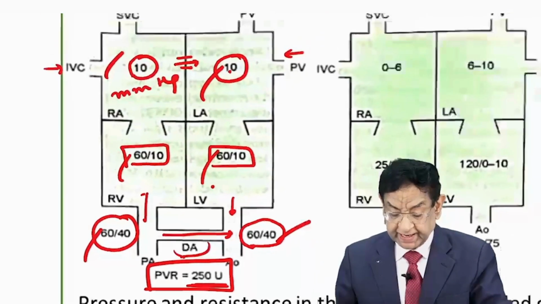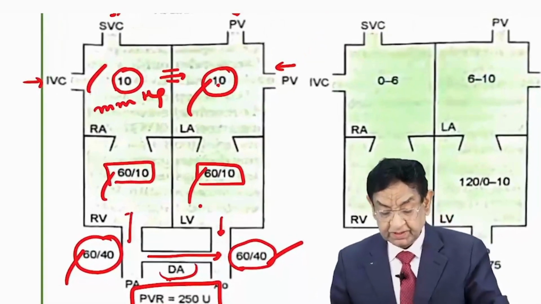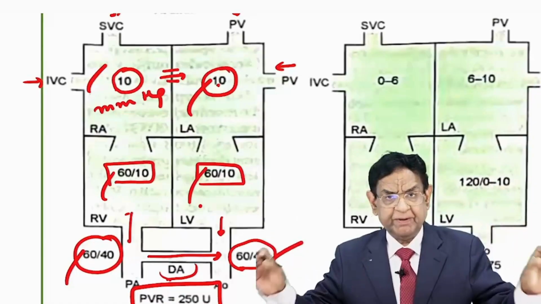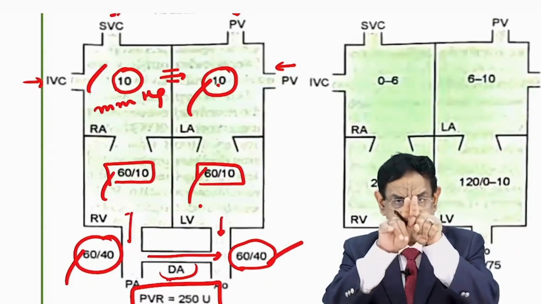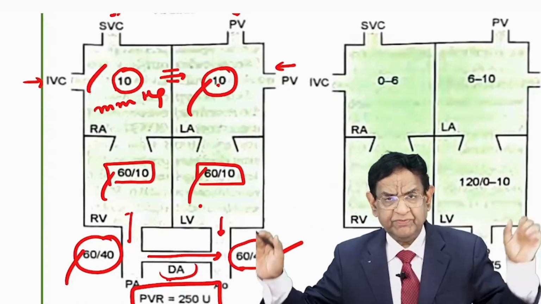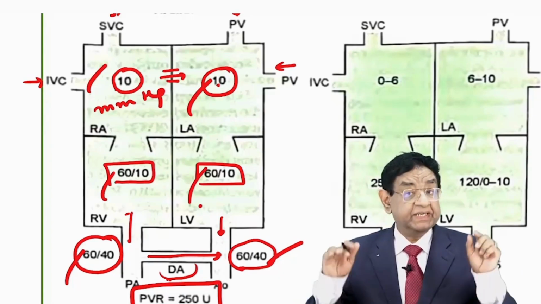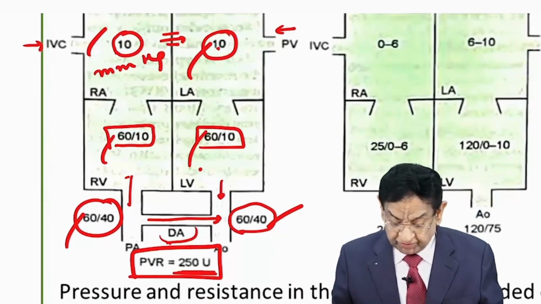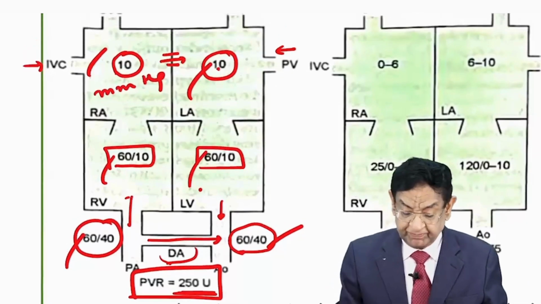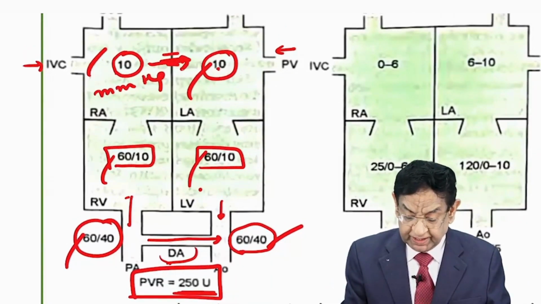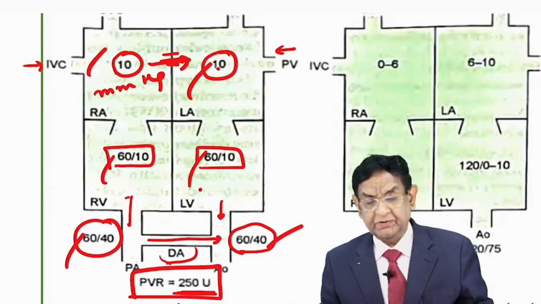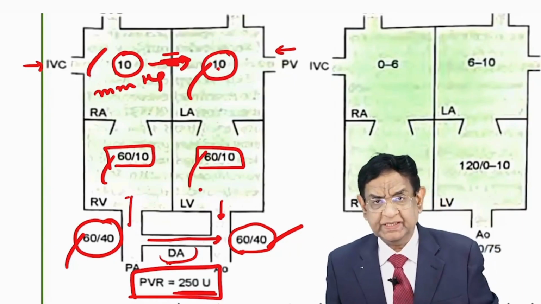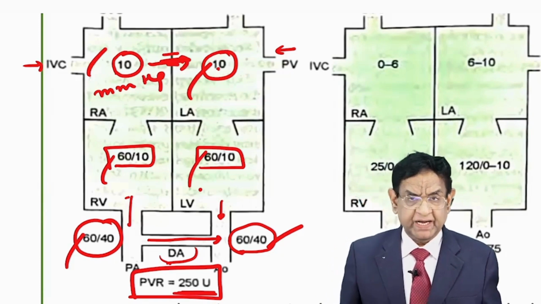A quick recap. Both the atria, pressure is how much? 10. Both the ventricles, how much pressure? 60, 10. Aorta and pulmonary artery, 60, 40. We have a patent foramen ovale. We have a ductus arteriosus. Point to be noted in the normal intrauterine life: